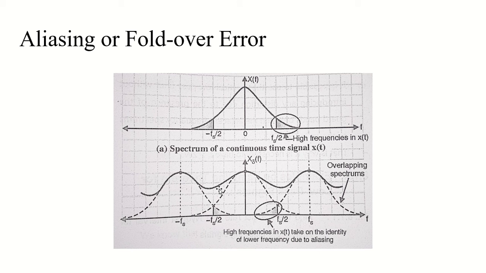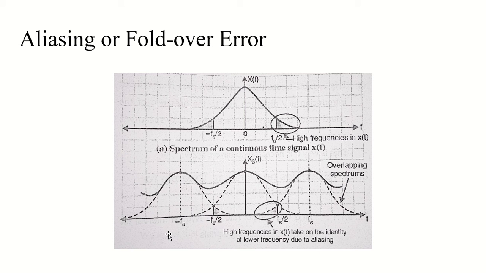This figure is nothing but the sum of x of f and an infinite number of frequency shifted replicas of the original signal, as I was saying earlier. Now if we consider two replicas of x of f which are centered about the frequencies fs and minus fs,